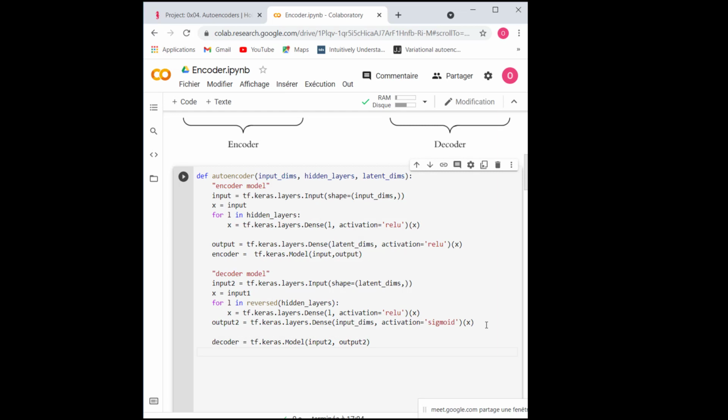So it's like two separate models, but now I'm going to construct my autoencoder that will in a way concatenate both of these models.